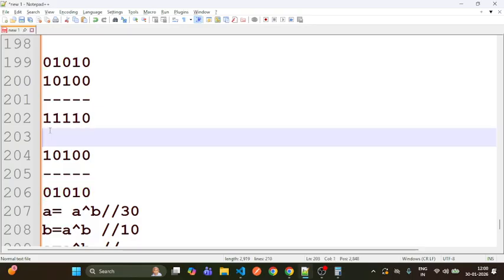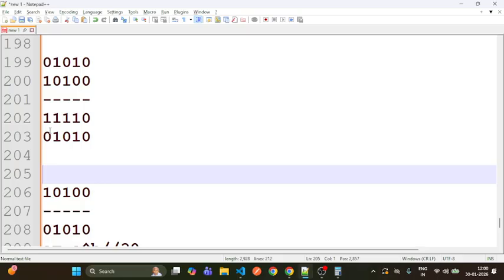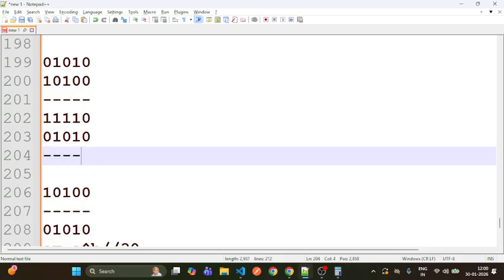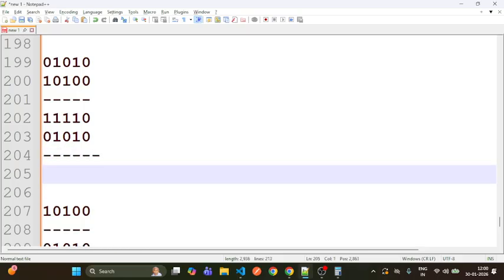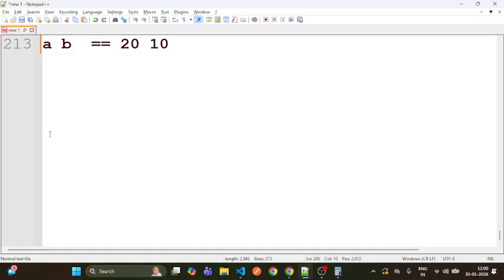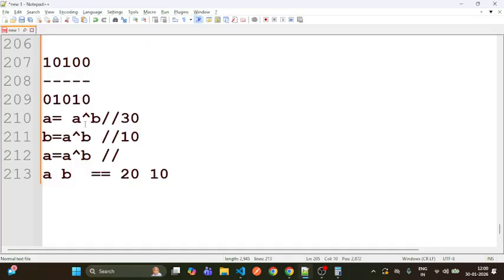Then you get the result, which will be 20. This is the way you can swap in another way. Okay, fine. This is all about the